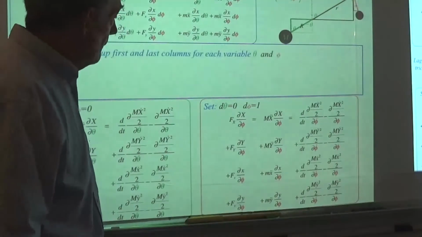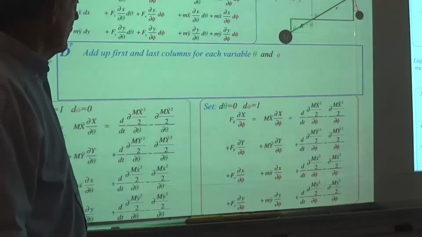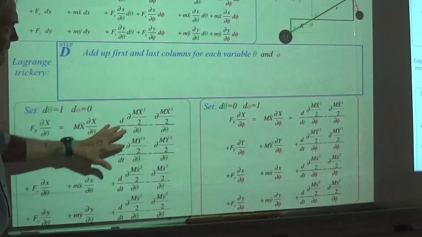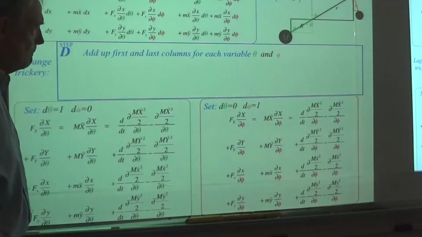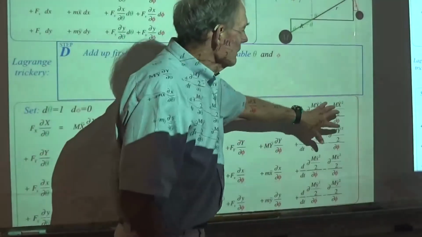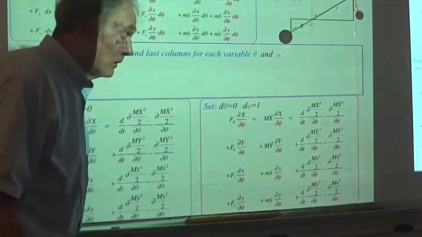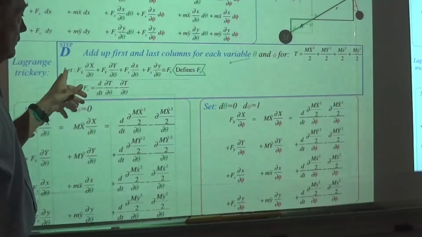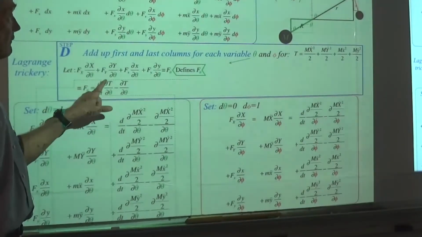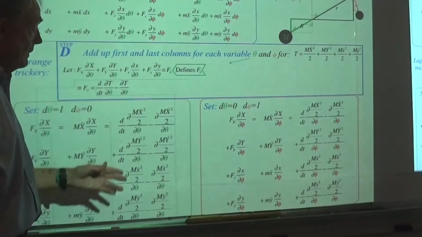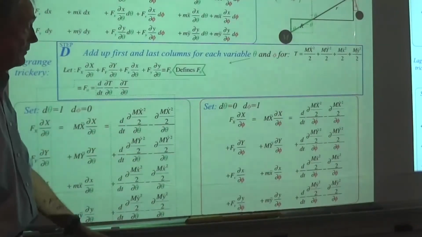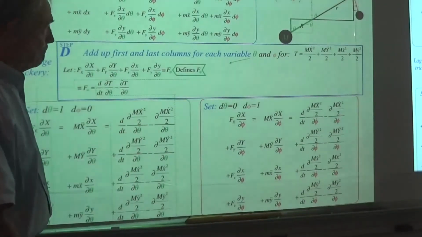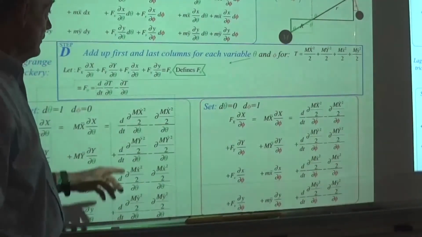So, add up first and last columns for each variable is basically the idea. First column, last column. Okay, first column, last column. Just add them all up, and you get something that involves the Lagrangian form of a kinetic energy. So basically, the kinetic energy comes to us in Cartesian form with four things collapsing. This is where the collapse occurs